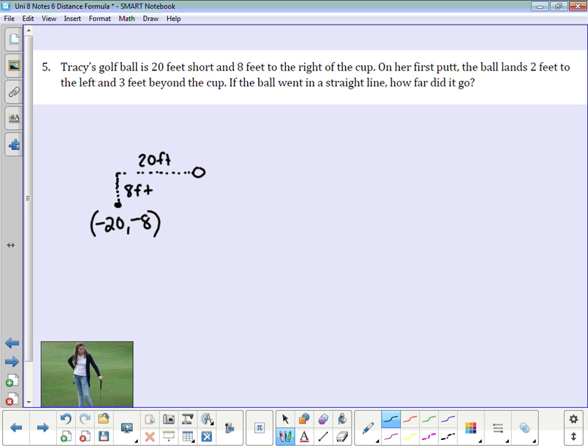Now, after she hits it, after she putts the ball, now she is 2 feet to the left and 3 feet beyond. So 2 feet to the left would be up here, 3 feet beyond would be over there. There's where her ball is now. And that point would be over to the right 3 and up 2, so I'm going to call that (3, 2). And the question is, if her ball went in a straight line here,